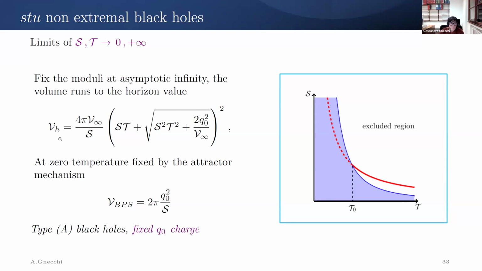So if I want to know where I'm going in the moduli space, if I'm going at infinite distance, I need to see what happens when I tune this quantity at zero temperature, zero entropy, by varying the charges of the black hole. In this case, there are electric charges and magnetic charges, and I've chosen to fix Q0. So I will move in the phase space S and T, keeping Q0 fixed. It's not a limitation. You can do the same thing keeping P, the magnetic charge, fixed.